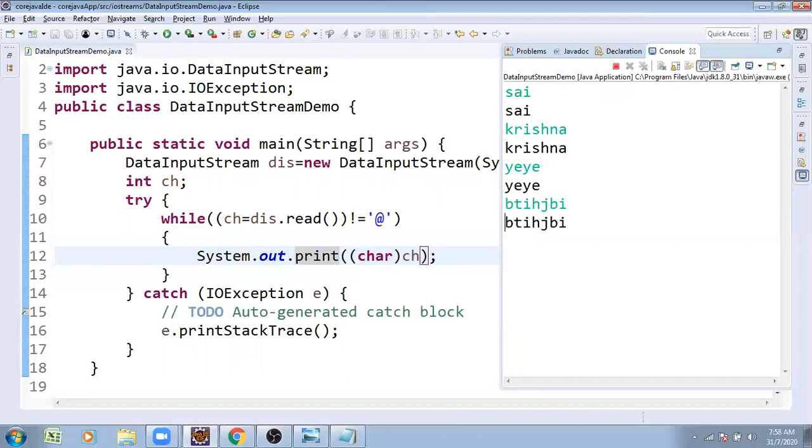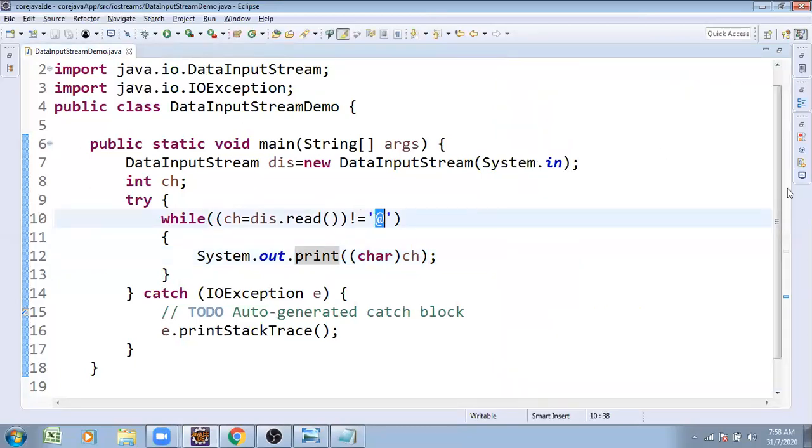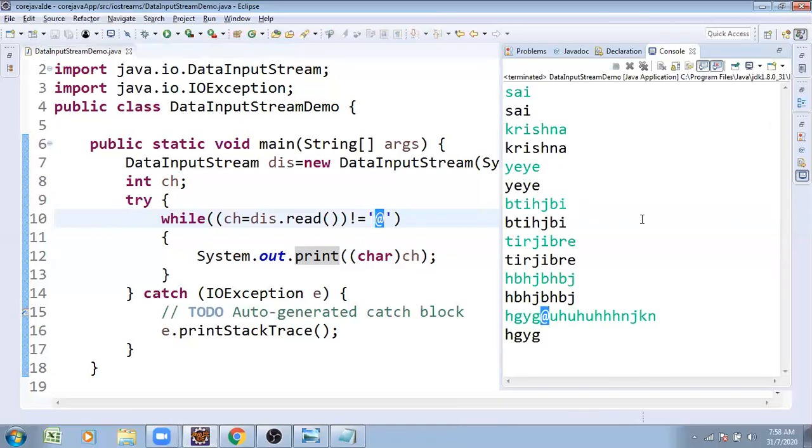Somebody may be interested to read second student data, something like n number of students data we are going to take. Until and unless you press the at the rate symbol. I pressed the at the rate symbol. After the at the rate symbol, whatever I type is not applicable. Up to the at the rate symbol, you wanted to quit. Suppose somebody is interested to read 10 students, 10 students names are read, after that pressing at the rate terminates it. Somebody interested to read 20 students, 20 reading then at the rate. Until you press the at the rate symbol, the loop is going to repeat. Based on the character you take, the loop is repeated and data is continuously taken.